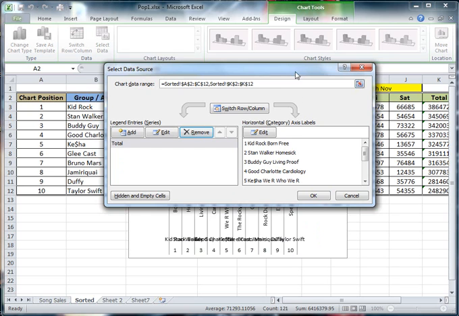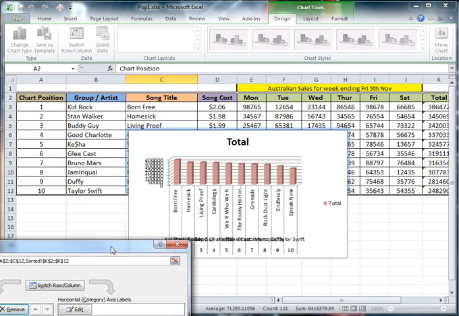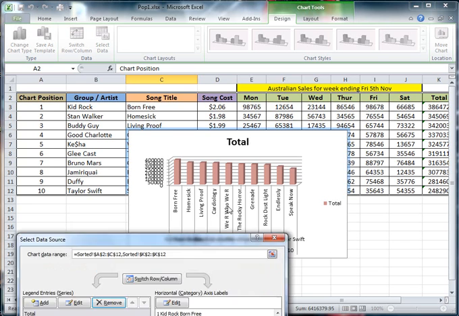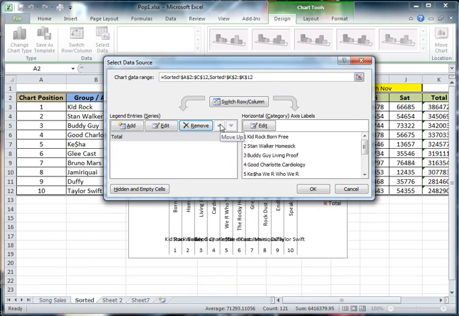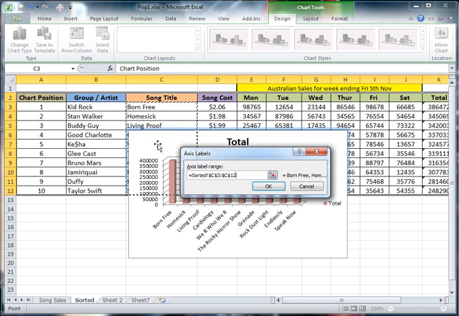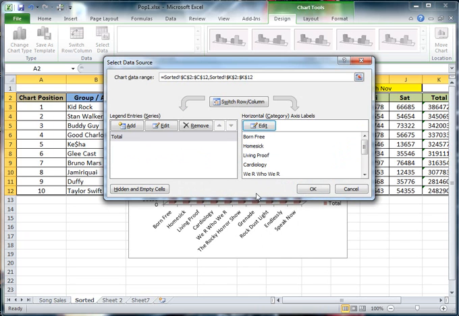Okay, if I look back now at my preview, I can still see that there's a lot of jumbled information at the bottom there which doesn't look very good either. Basically I don't need to have the band name, I just want to have the song title. So I'm going to go up here now, and on my horizontal axis I'm going to edit that one, and you can see it's showing me this whole area has been selected, the chart position, the group artist and the song title. All I really want is the song title, so I'm just going to drag down and reselect that area so it's just picking this one set of data,